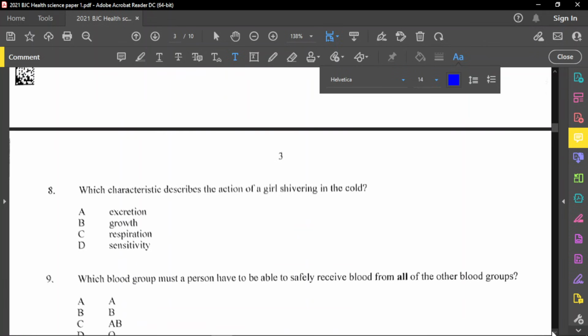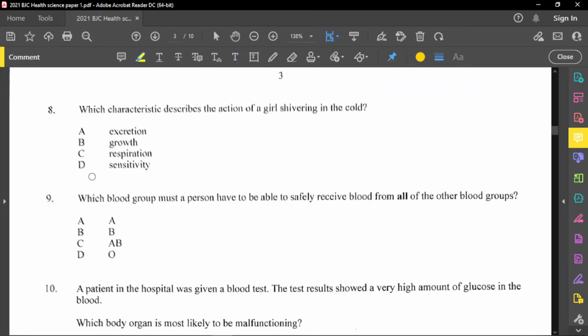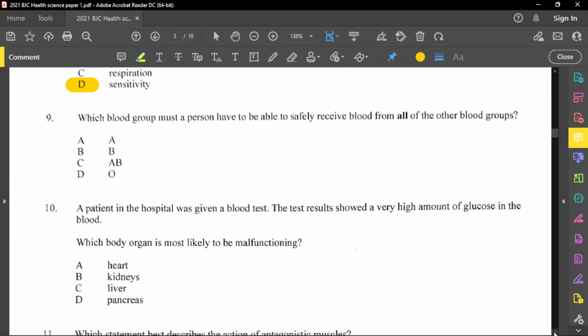Question number 8. In question number 8, it said, which characteristic describes the action of a girl shivering in the cold? If you're shivering in the cold, you're responding to the external temperature, and therefore it is irritability, otherwise called sensitivity. So we don't even need to explain that. All right, great. For number 9, it asks which blood group must a person have to be able to safely